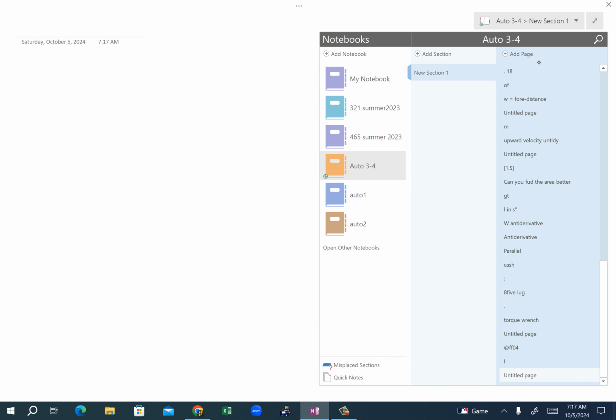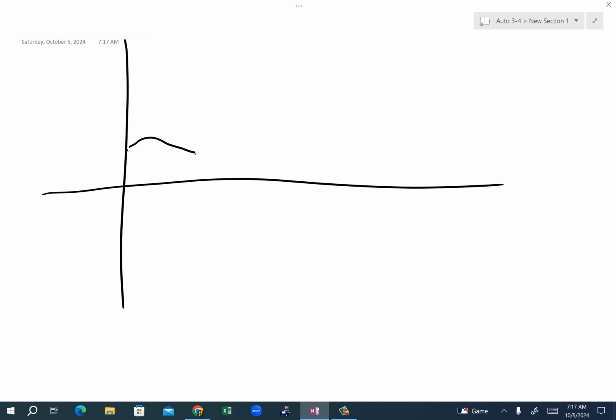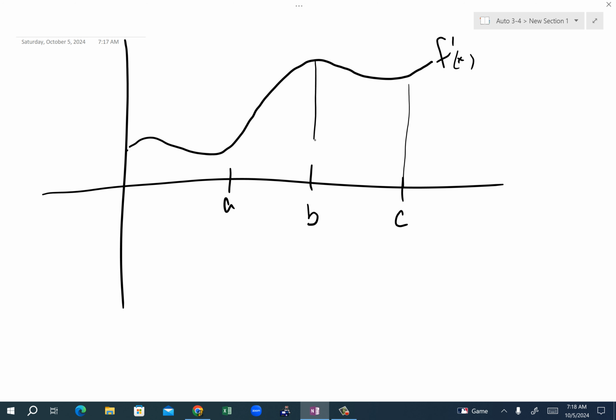And now, if you come over here, you're like, oh, well, that's interesting. So, a couple things. First of all, okay, that's kind of cool. What if I wanted to integrate between, I don't know, this is f prime of x. This is A, this is B, and this is C. It seems pretty obvious to me that the integral of f prime of x dx from a to b plus the integral